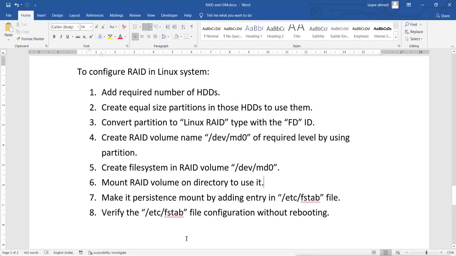So this is the process to create and add the RAID partition. Now to manage the RAID partition, like if it gets corrupt, how we can change it and replace it with a proper disk, that we will see next time. So this is the way we configure the managing of the RAID. We will see next time.